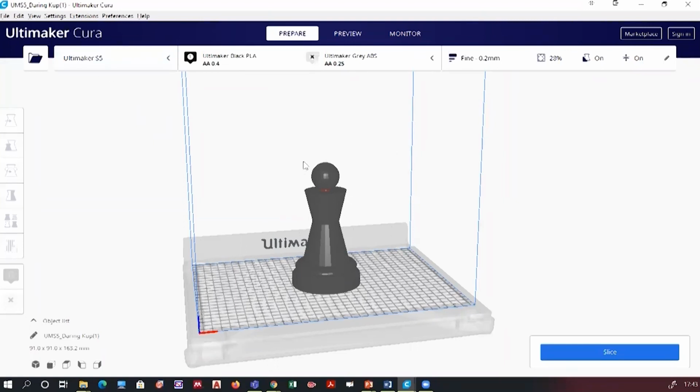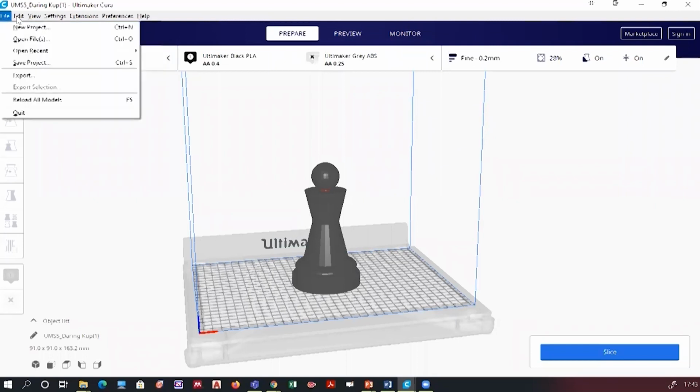Whenever I have to print my 3D model, the first thing I will do is go to the slicing software and do the slicing process first. After the slicing process, it will generate G-code that will be sent to the printer. Every printer has its own inbuilt software. I'm taking the example of one printer, the Ultimaker S5. This software is already given by the company, whichever printer you buy.